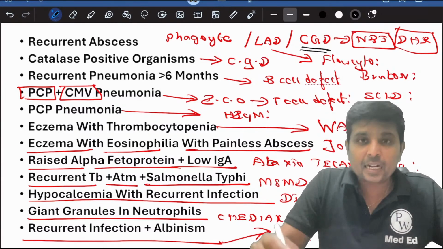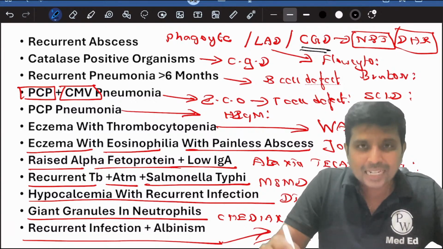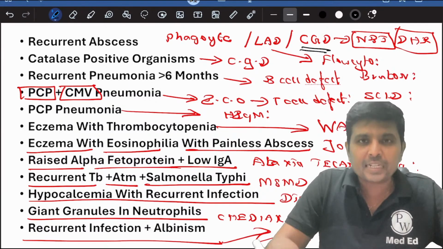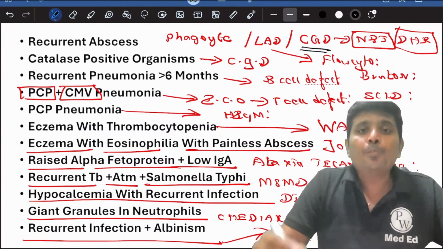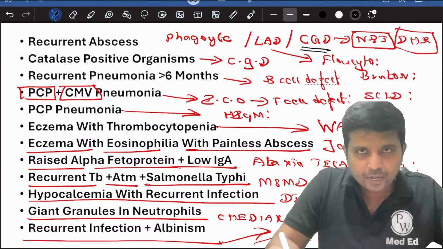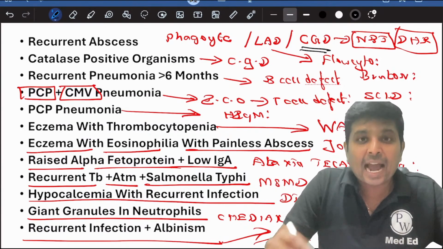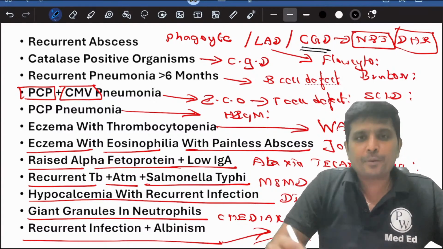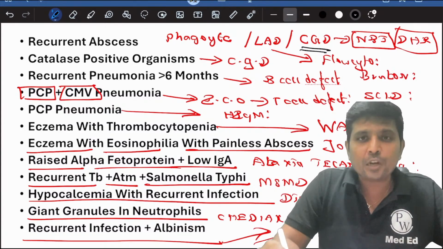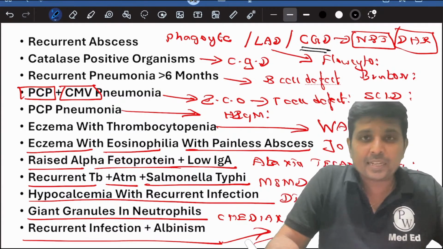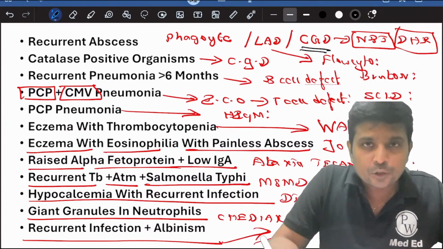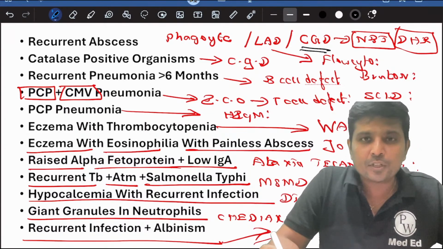Whenever you get recurrent consolidation or OPS, otitis media, pneumonia, sinusitis, after 6 months of age, it is Bruton's agammaglobulinemia, particularly if it is a boy. Whenever any child comes with albinism, along with hepatosplenomegaly and recurrent infection, it is a case of Chediak-Higashi syndrome, for which the investigation of choice is doing a peripheral smear and looking into giant